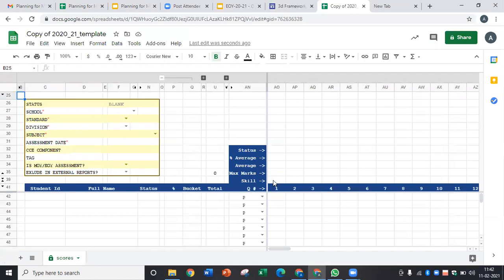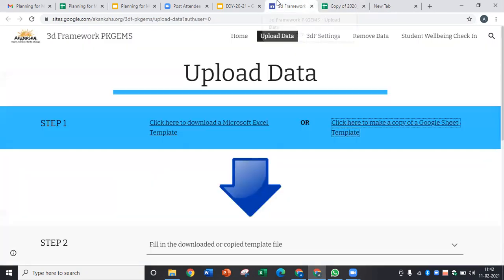Just say last year we used to put the skills, the marks, the same way we have to do it here as well. I'm not going to go through the box part of it because all of you already know how to fill that, right? Once my data is updated, like once I upload the data and the status shows complete here, I go back